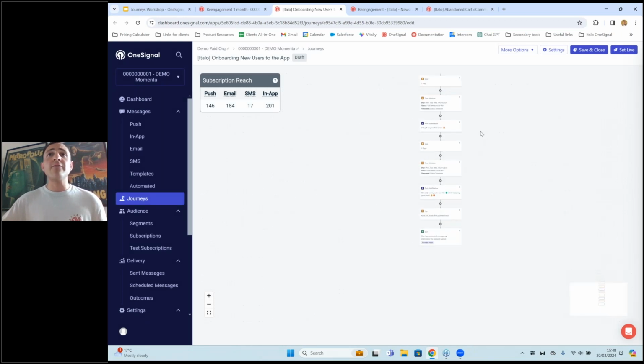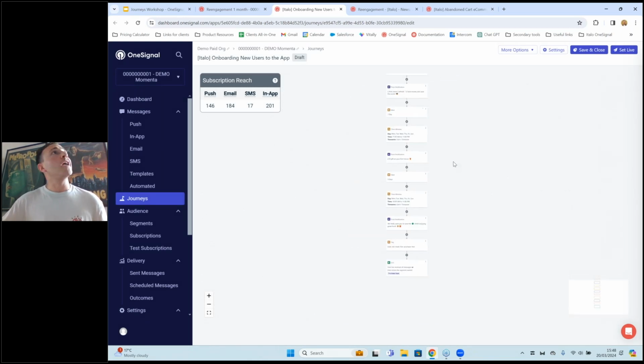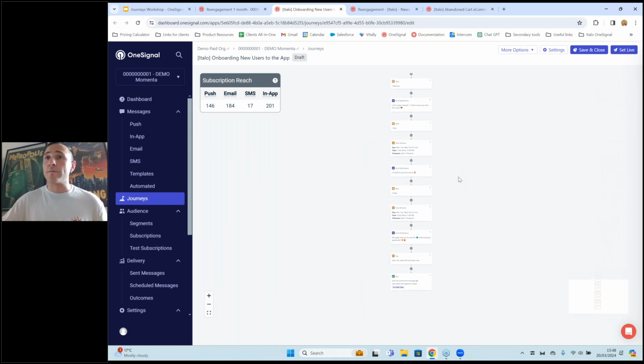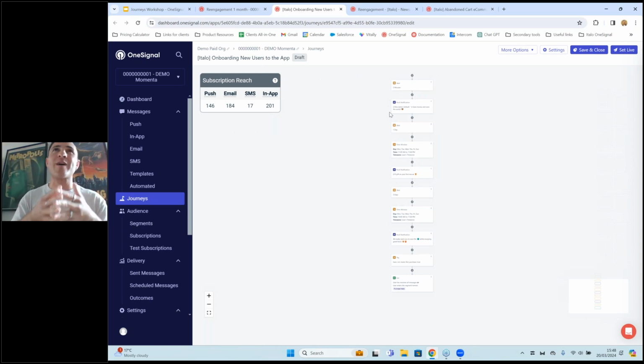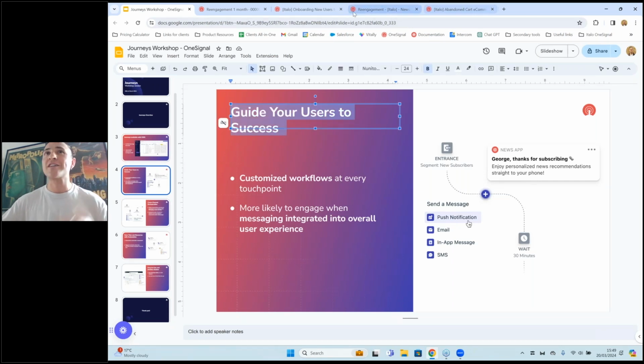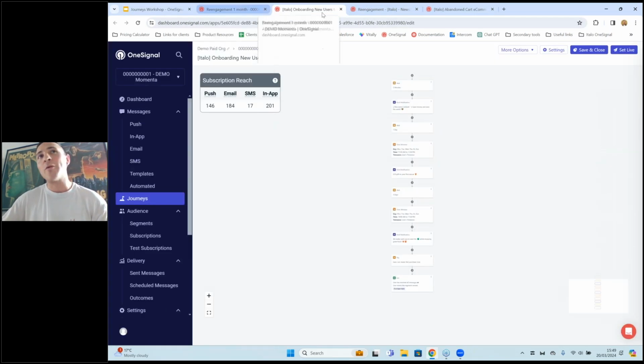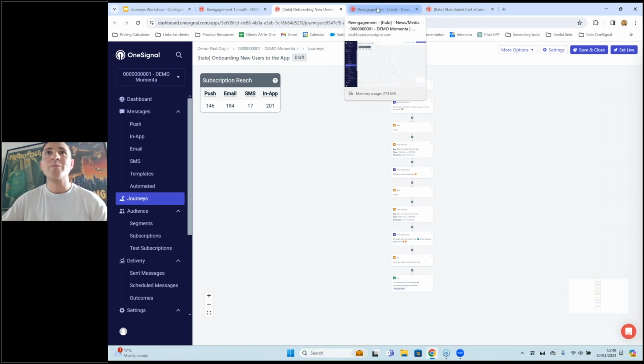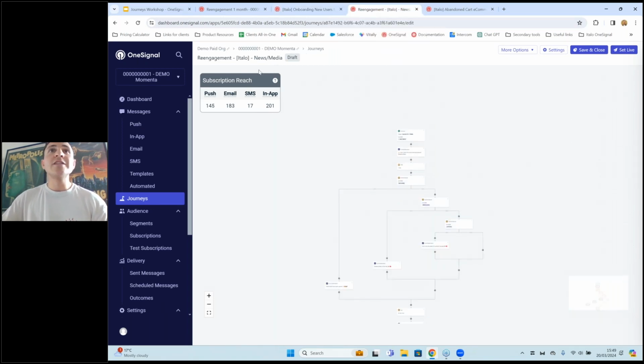So again, it's a very simple journey, but a very successful one as well. So you are more than invited to create your onboarding journeys with maybe a different approach to this one, right? This one is very focused on purchasing. Maybe you can have another one that is more informative, more educative, like the assets we mentioned at the beginning in the slides, so that you can guide your users to success, right? The more successful they are in your app or website, the more engaged they will be in the long term. All right.